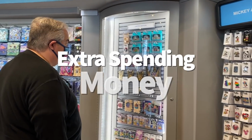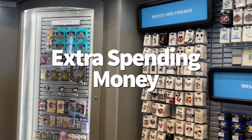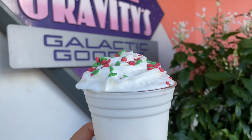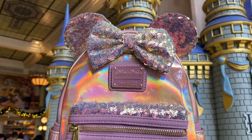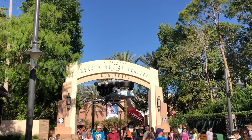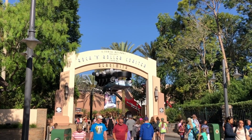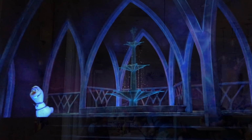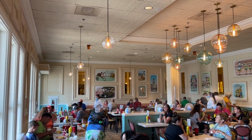Next on our list is extra spending money. Okay, I don't have to tell you twice, Disney prices are far from magical right now. In the past year, we've seen item prices increase, new merch hit the store shelves, an increase in premium add-ons and benefits, and extra purchases we didn't have to budget for previously. Rest in peace, Fast Pass and Disney's Magical Express. So budget at least $100 over what you think you're going to wind up spending to give yourself wiggle room